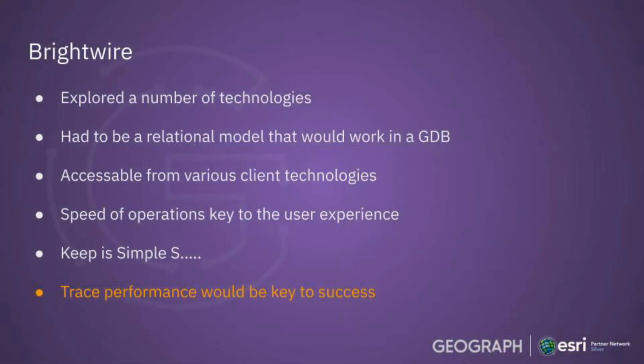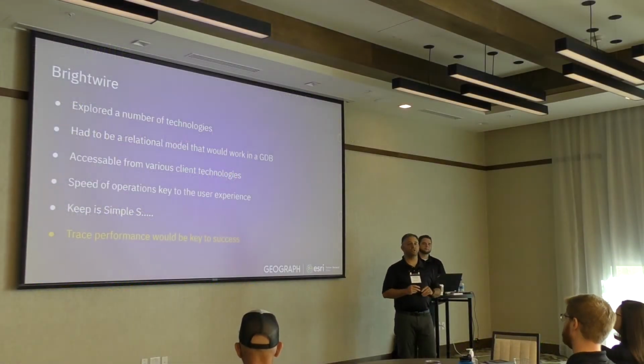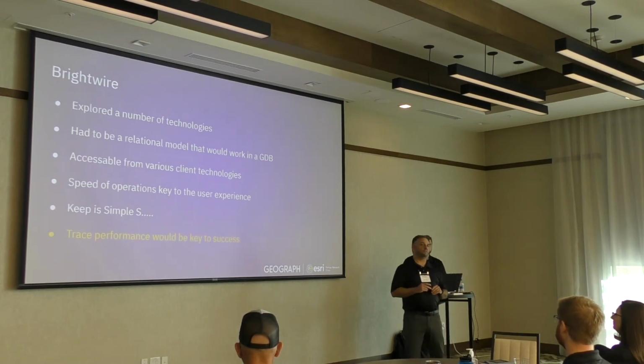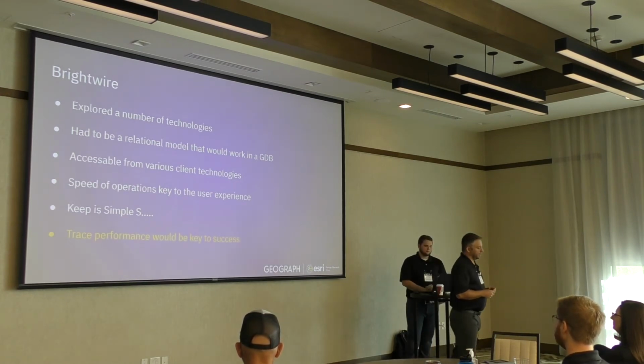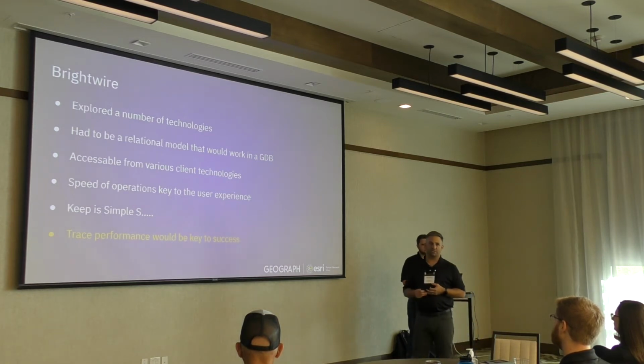And for the heavyweight round of the morning, Brightwire. So we set out, probably about a year and a half ago, tinkering and looking at technologies on how we could modernize the data model, what in Crescent Link is called the stable data model. At the time, we were trying to figure out what we could do to the data model to give us better performance. And we tinkered with a lot of different technologies on the database side, on the programming application side.